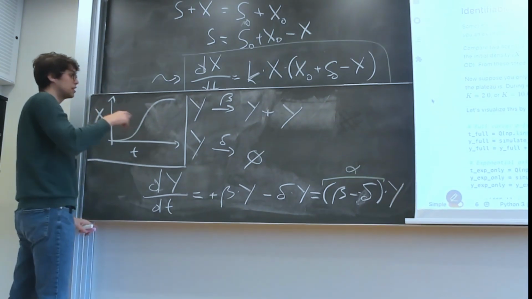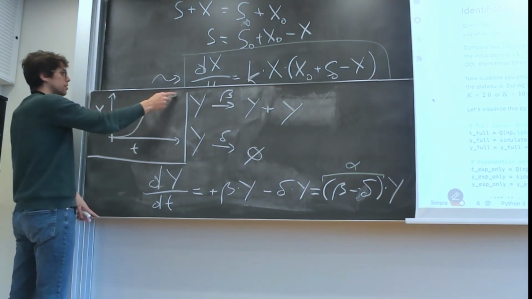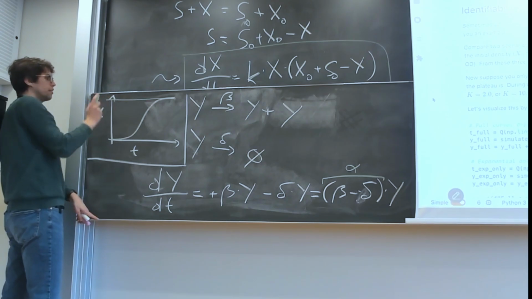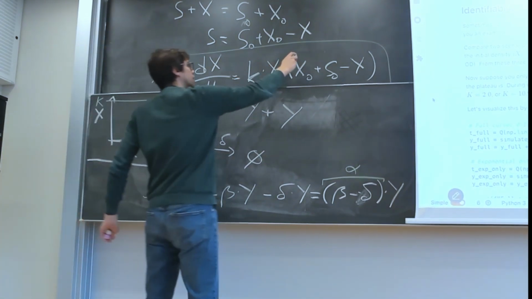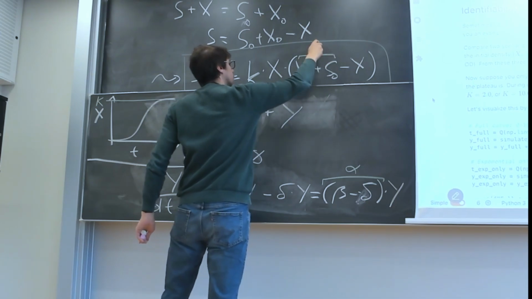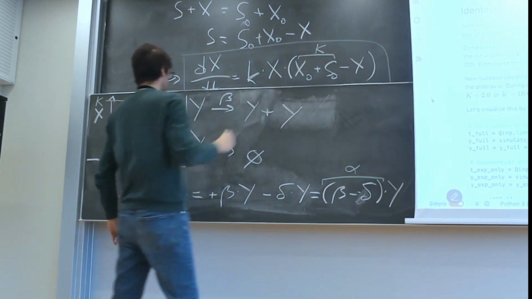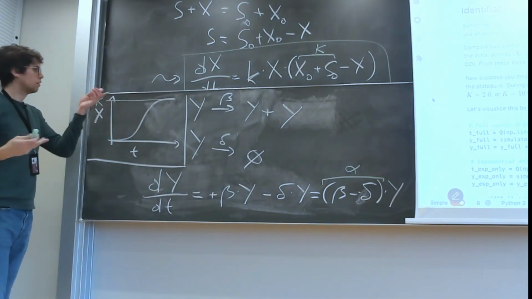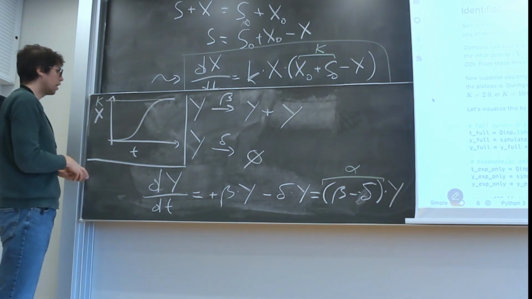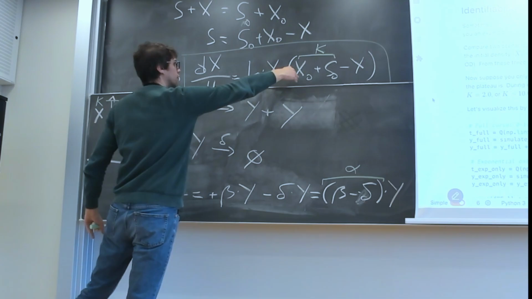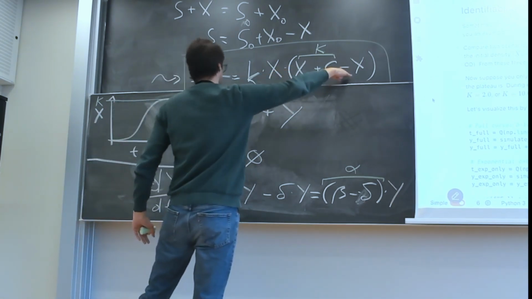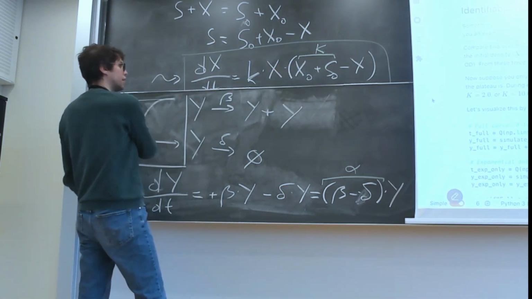For this specific system, one strategy is to identify first the capital K, the sum of x0 and s0, which is the final value of the plateau here. Then in the second step, we can look at the initial growth rate here,